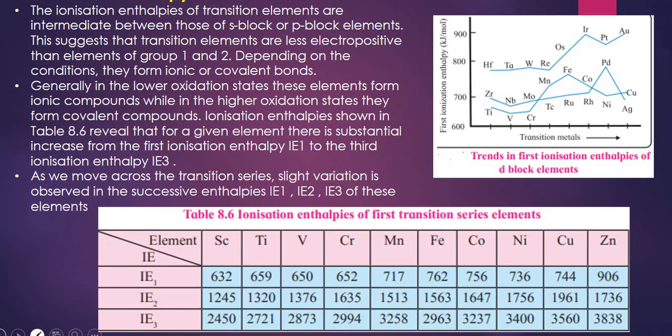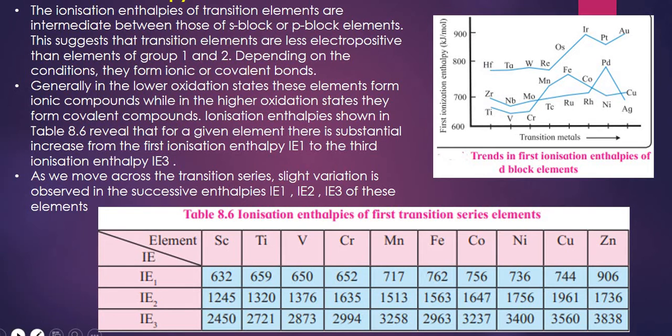The atoms of the third transition series possess filled orbitals, and in the further series they have filled 4f orbitals, and 4f orbitals show poor shielding effect. So as a result, what will happen? Nuclear charge is increased. This is what we learnt in ionic radii also. The nuclear charge is increasing because there is a poor shielding effect. So we would require more energy to remove an electron from the atom.